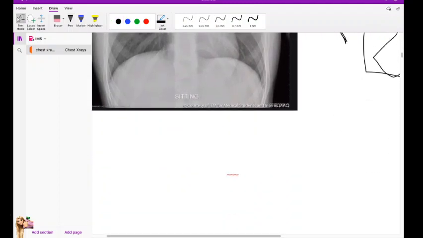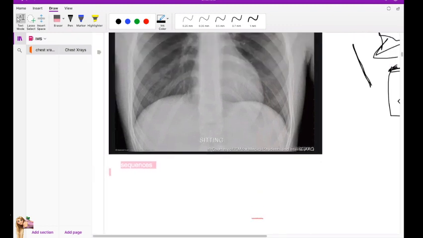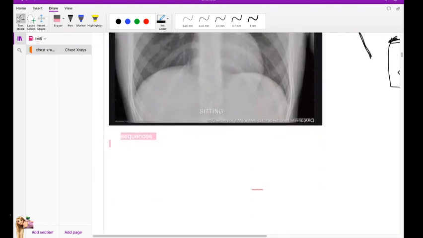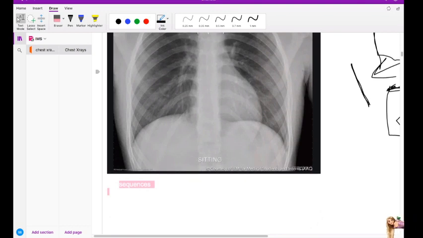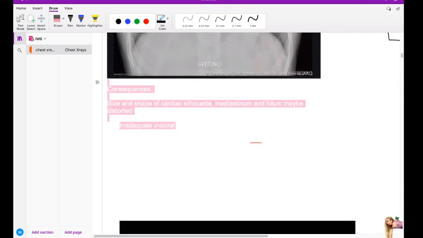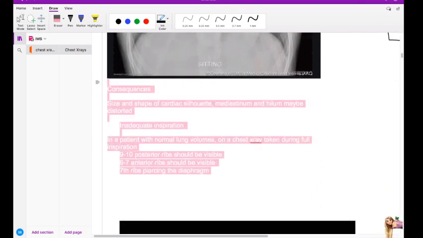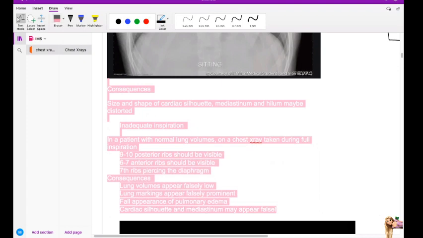Then we come to, what are the consequences of rotation? Basically the cardiac silhouette and the lung fields will be altered, like you could not properly interpret them. Then we come to